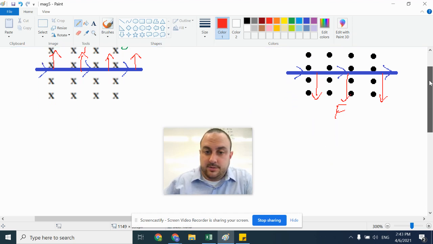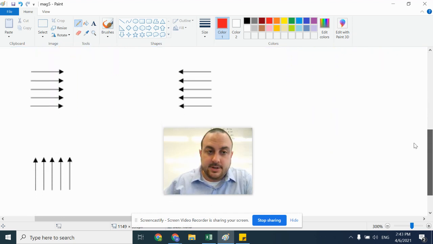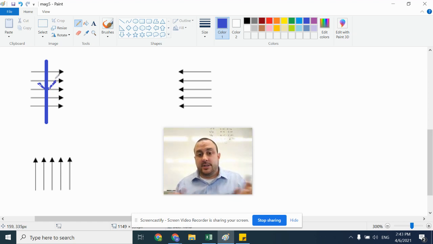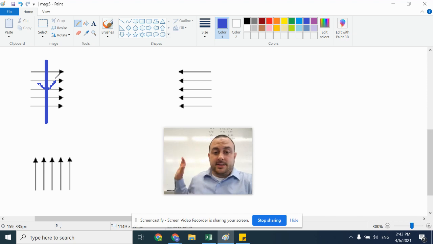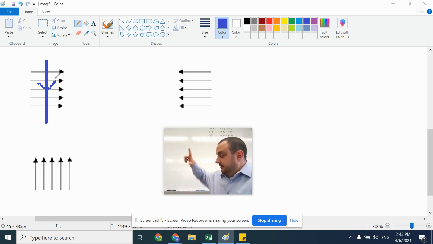Let's take a look at a few more. So I have some other fields here. Let's say, for example, this particular one, we have a wire carrying current towards the bottom of the page with the magnetic field pointing to the right. So palm faces to the right, index finger points down,